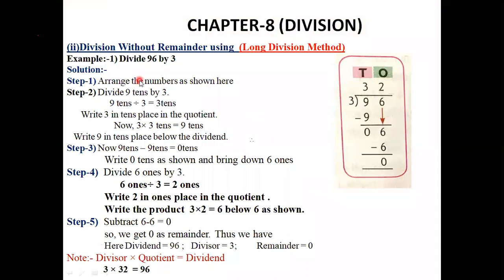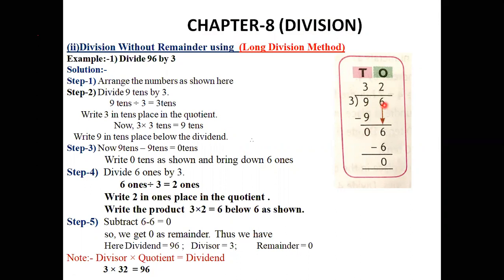Now there is the second method, division without a remainder using the long division method. Divide 96 by 3. Now here is a two digit number. When we divide 96 by 3, first we choose the first digit, and the first digit is greater than 3. So we divide 9 by 3 and recite the table of 3 up to 9. Now 3 1 ja 3, 3 2 ja 6, 3 3 ja 9. Now write the 9 under this 9, and when we subtract 9 minus 9, we get 0.